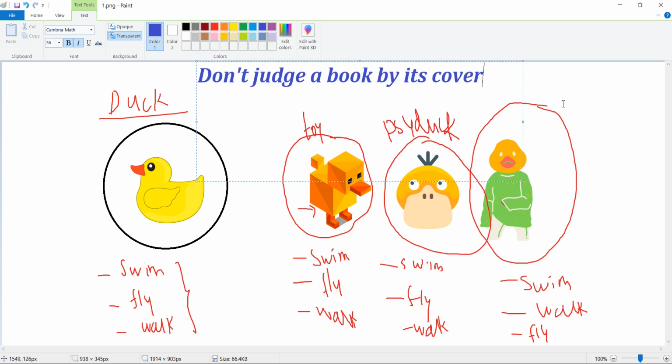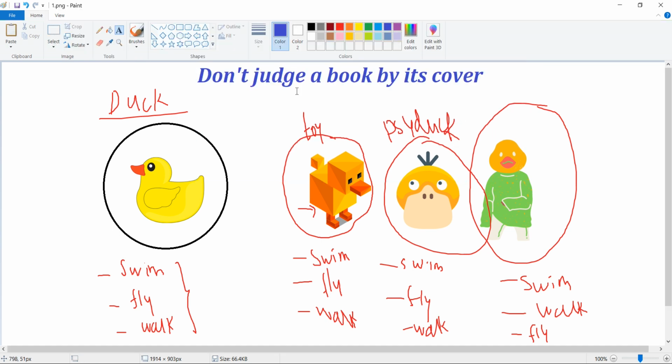So that thing holds here. Whenever you read a book, you should go into the contents of that book and not just look at the cover page of that book. It may sometimes be attractive and it may sometimes not be attractive. So unless and until you read the book, you don't get how powerful or how insightful that particular book is.